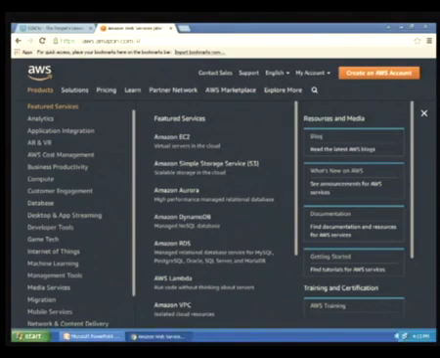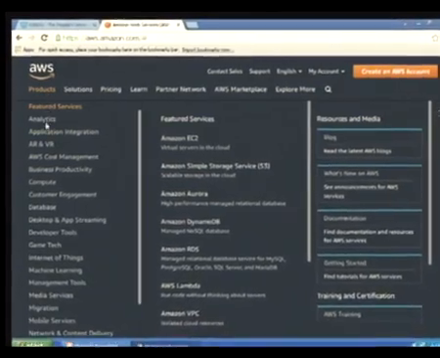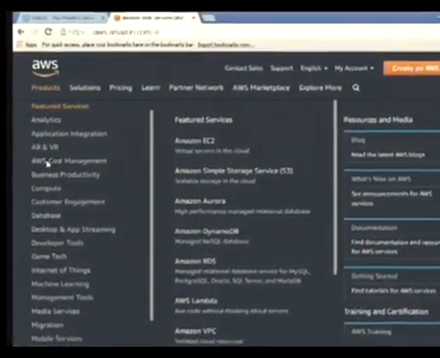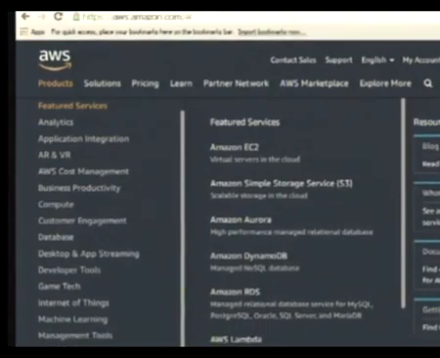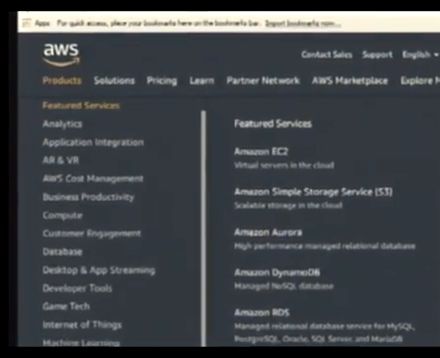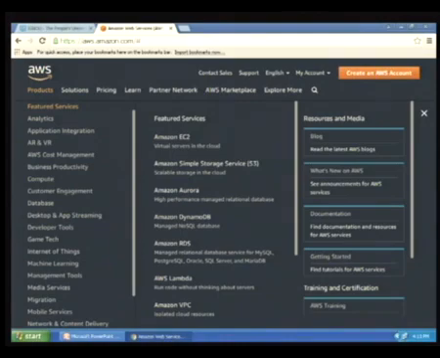And then you can see there is another website I am showing you. This is Amazon. On Amazon, you can see there are several products featured. Analytics, application integration, augmented reality, virtual reality. Whatever services they are offering over here as products are nothing but the cloud kind of thing. So for virtual servers in the cloud, you have to take Amazon EC2. Likewise, there is a variety of options and services available on the cloud by Amazon. You have to pick one as per your requirements, subscribe to it, and you'll get the virtual resources.